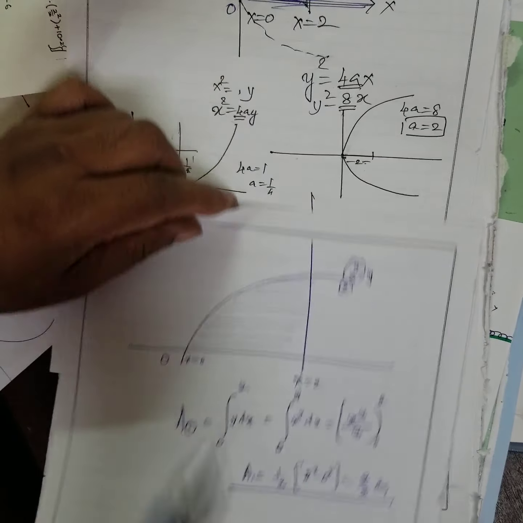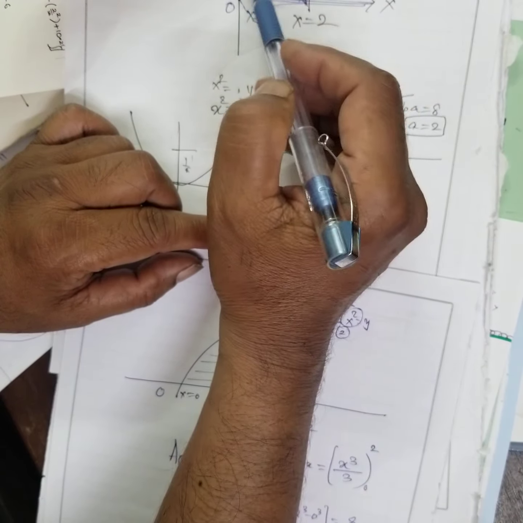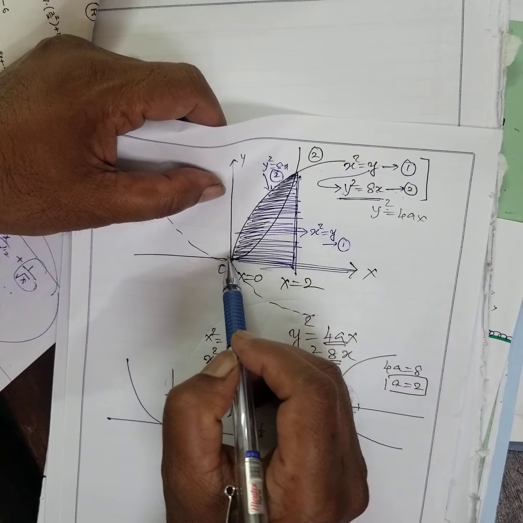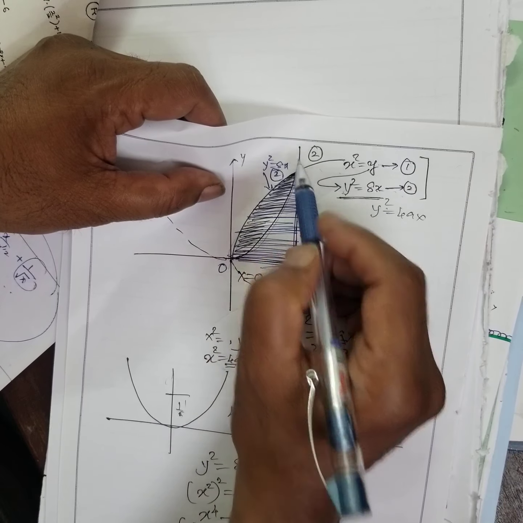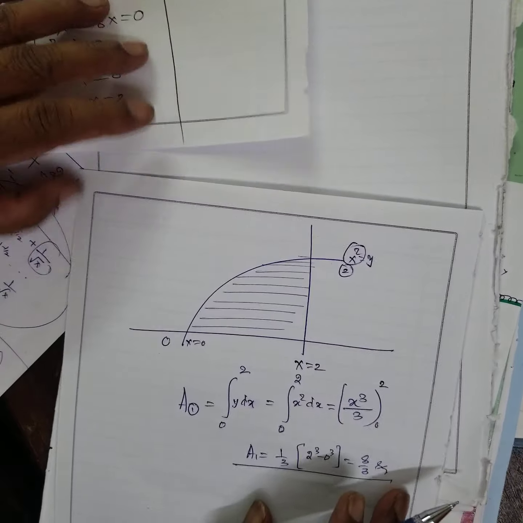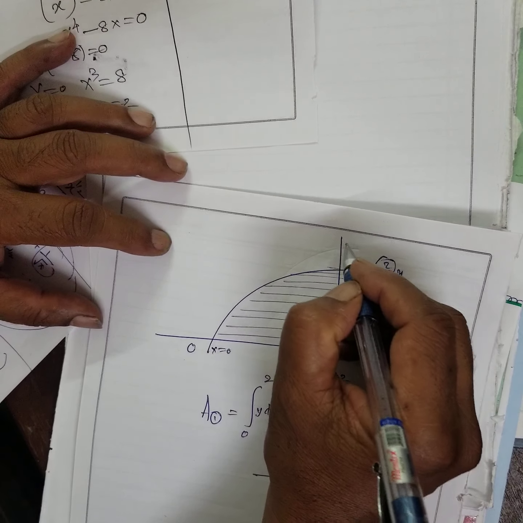Now next, what is this area? This I am going to find out. This area, that means the area bounded by this curve, these two pillars and the x-axis. Therefore, this I'll write here only, right?